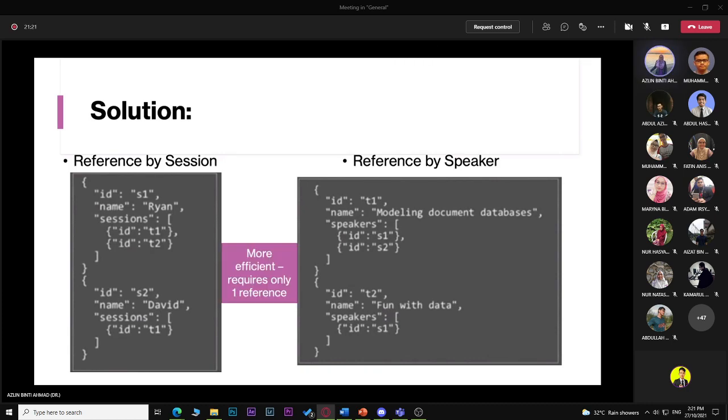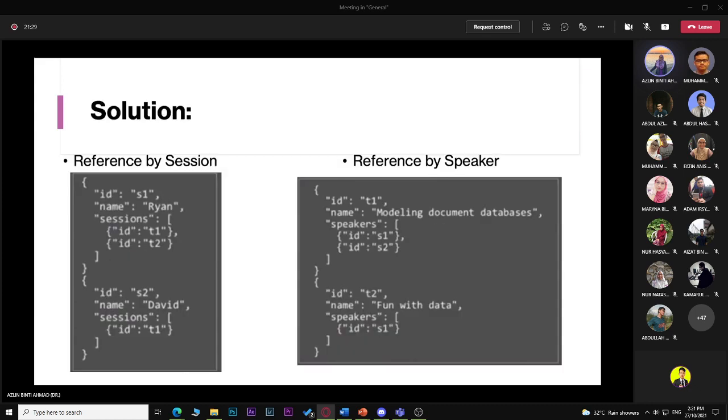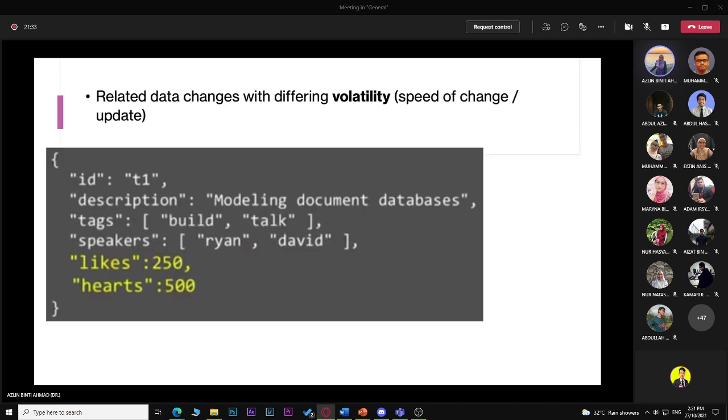Okay, it's more efficient because it only requires one reference. It's not like before, where you had to make many documents, but this one you put everything in one. Okay. And this is also what I mentioned earlier about volatility, the low volatility and the high volatility